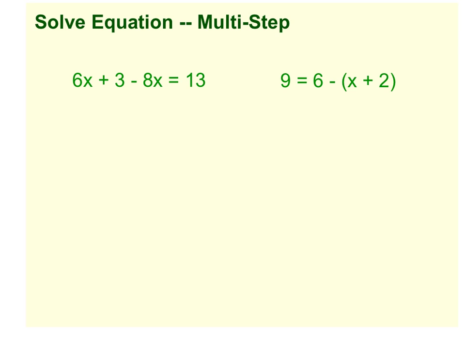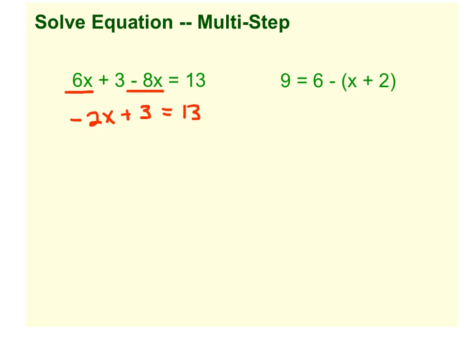Next thing you want to look for is, do you have any like terms that you can combine? Well, here we can see we have a 6x and a negative 8x. We want to go ahead and put those together before we start solving. It's going to clean our equation up a little bit. So 6x minus 8x is a negative 2x. I'll bring down the plus 3 equals 13. And now we have our equation all cleaned up, and we can go ahead and solve this in just 2